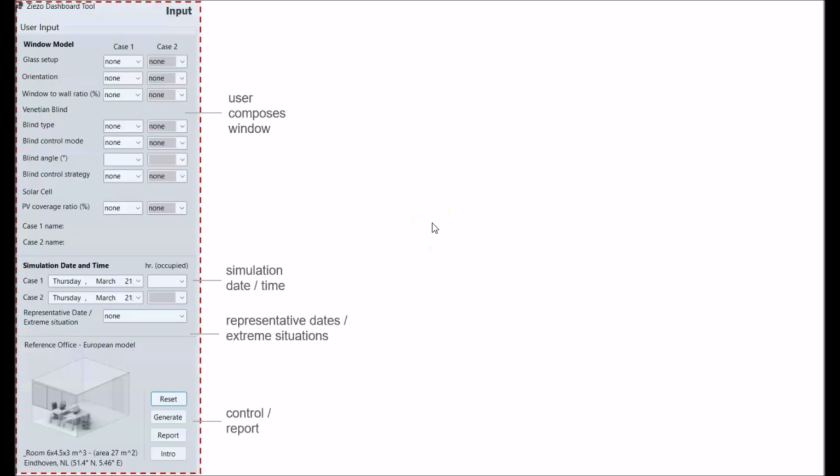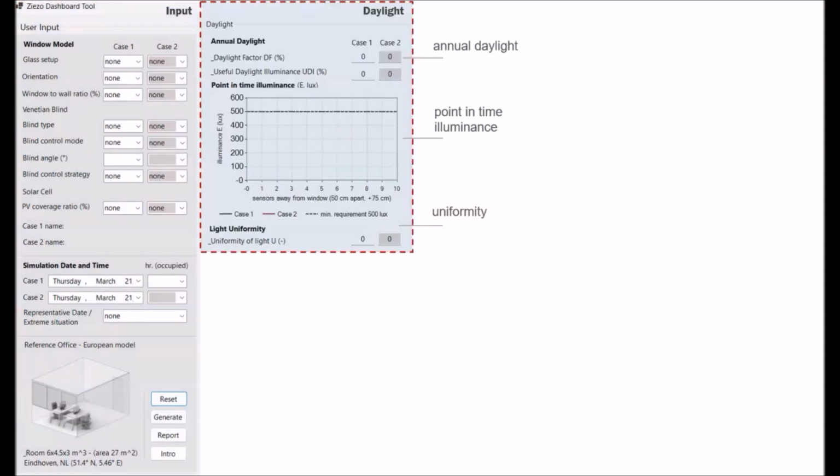The interface allows the user to compose Ziezo window and select the day and time on which they want to preview the performance. Then the tool builds the window from these parts. It gives the user an access to different simulation outputs, consolidate the key performance indicators for daylight and energy, based on pre-simulated cases. In the daylight module, you will see the annual daylight availability that's admitted through the window to the inside, from a static daylight metric such as the daylight factor, to a dynamic daylight metric of the useful